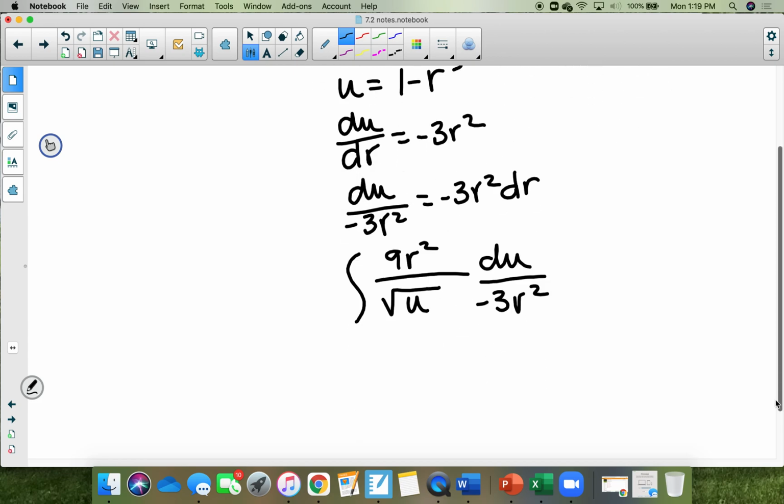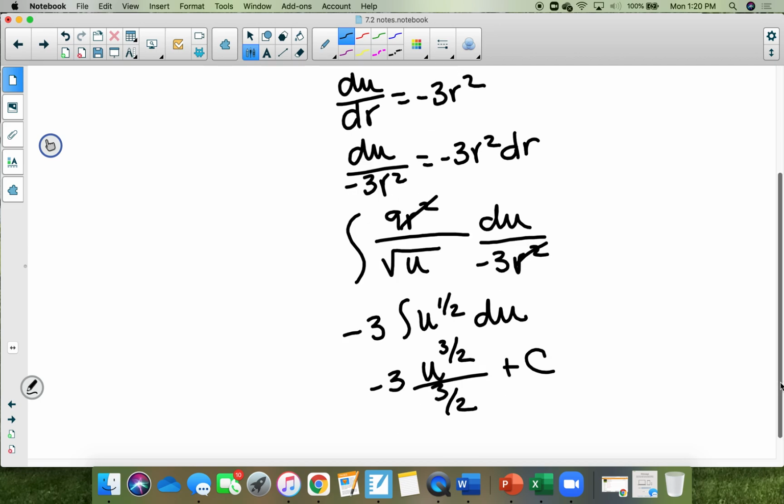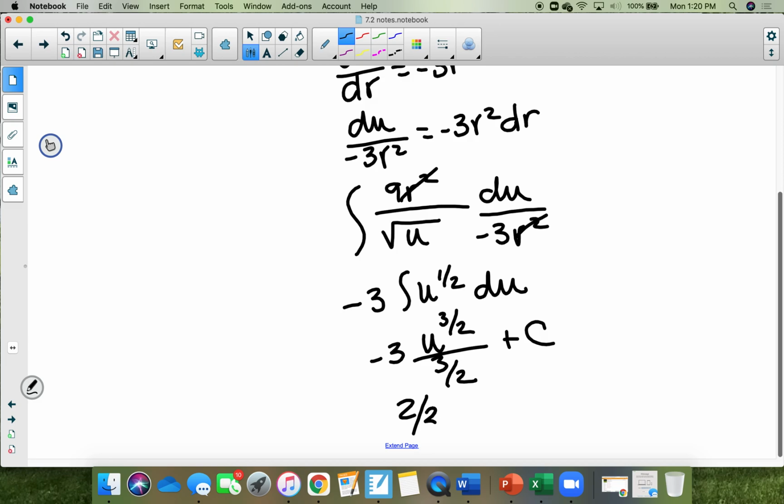Which gives you a negative 3 square root of u, but instead of doing the square root of u, I'm going to switch it to u to the 1/2 du, which is u to the 3/2 divided by 3/2 times a negative, plus c. This is the same thing as 2/3 times a negative 3 u to the 3/2 plus c. It's going to end up being